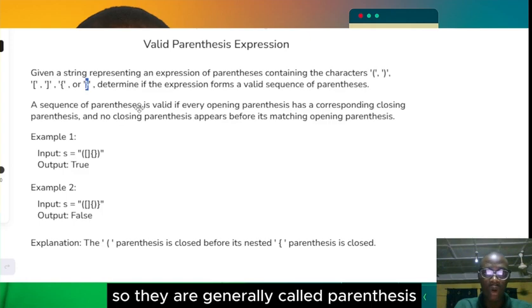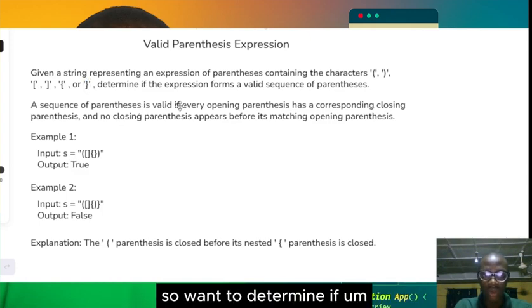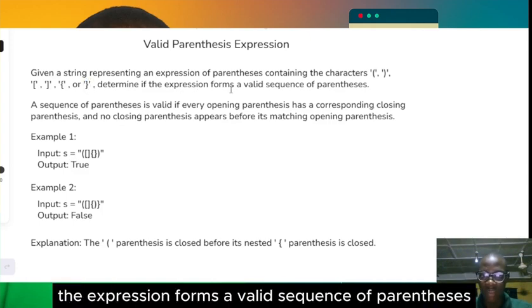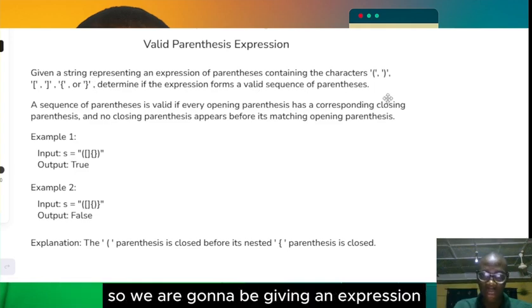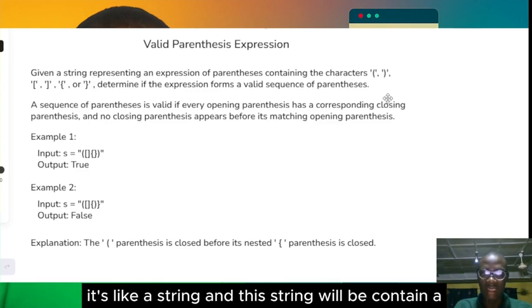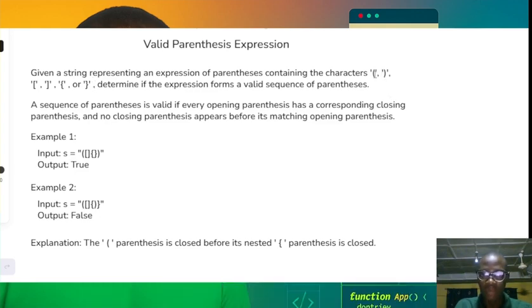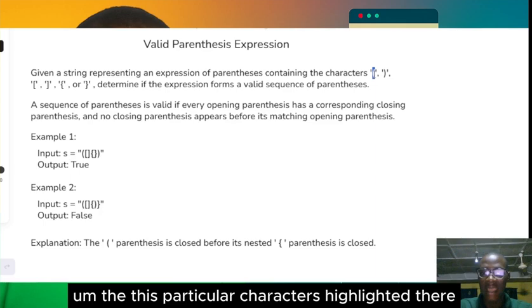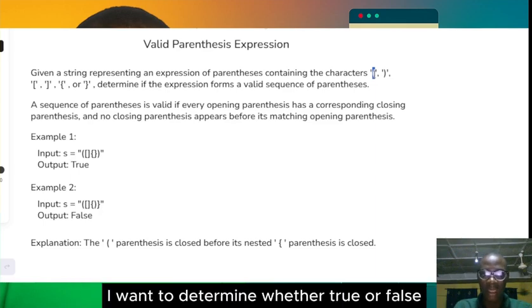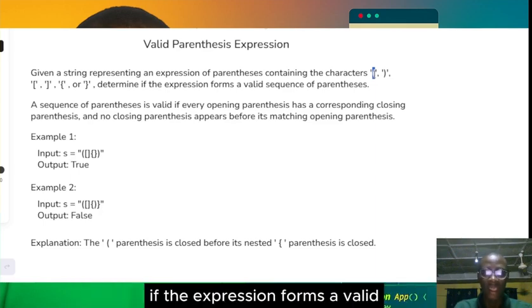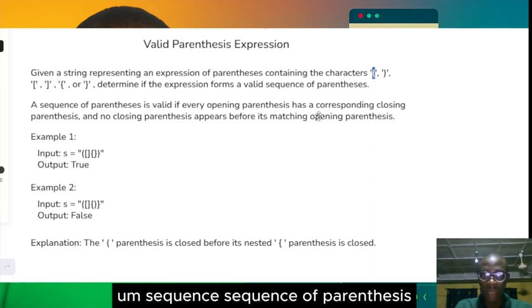So they are generally called parentheses. We want to determine if the expression forms a valid sequence of parentheses. So we are going to be given an expression, like a string, and this string will contain these particular characters highlighted there, and we want to determine, true or false, whether the expression forms a valid sequence